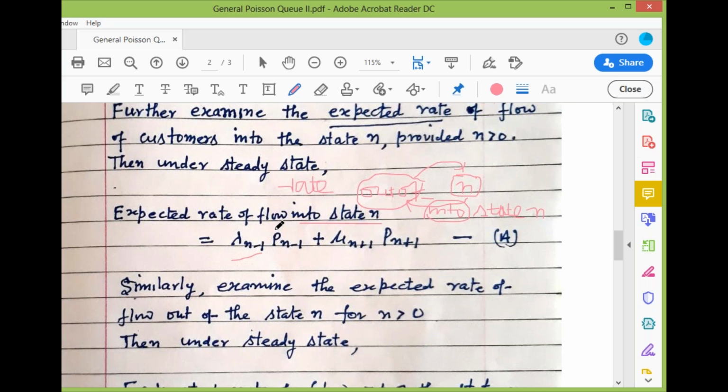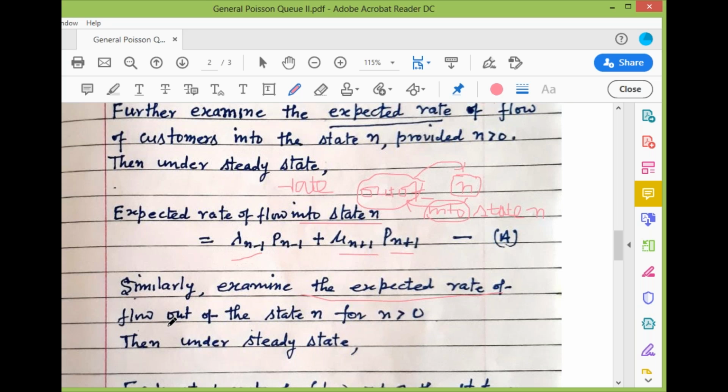So corresponding probability is Pn minus 1. In that diagram, if you want to mention, you can mention, otherwise there is no problem. And mu n plus 1, and corresponding probability is Pn plus 1. This is the inflow. Expected rate of inflow. Similarly, examine the expected rate of